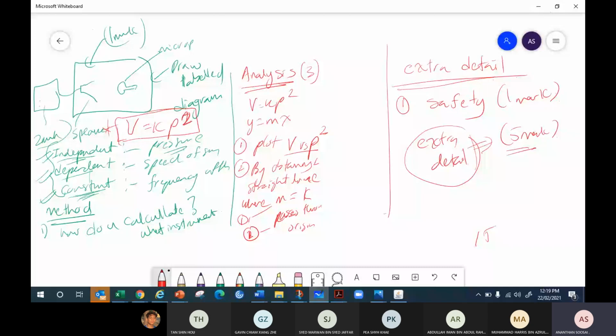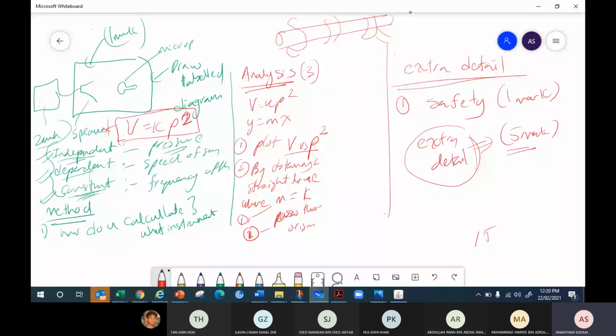Okay. Another student, let's say one experiment involves the need to measure the diameter of a wire. You set up the experiment, you need to measure the diameter of the wire. The student said, use a micrometer screw gauge to measure the diameter. So you get one mark. Another student said, measure the diameter of the wire by using a micrometer screw gauge at different locations, and obtain the average. He got an extra detail mark, one extra mark for detail. So the clarity, you give more clarity, you get a detail mark.